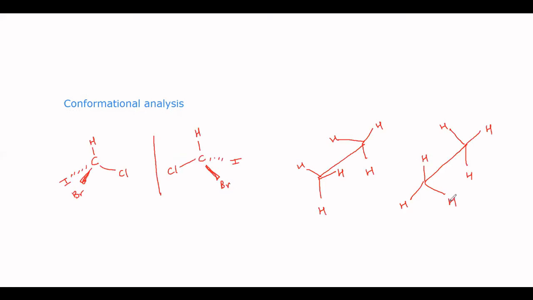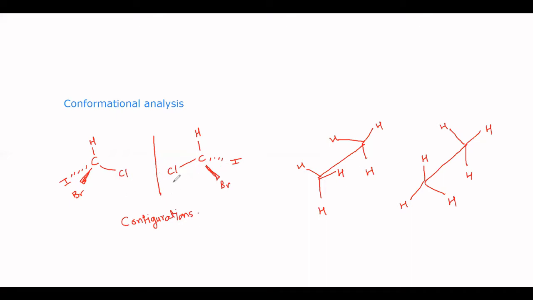So we're going to start with the first part, that is conformational analysis. So, there is a difference between these two compounds and these two compounds. We call these compounds configurations. Now, configurations are the different arrangements of atoms in space, but I cannot change this form into the other